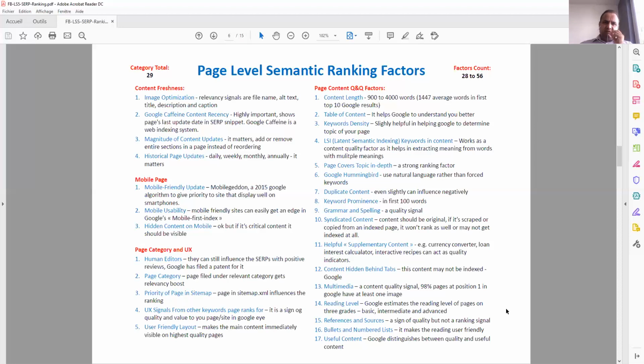friendly reading experience. Then the useful content. Obviously, Google always distinguishes between quality and useful content. Whenever there is quality content, that's okay, but if it is of no use to users, Google won't consider it. So be cautious here. Quality matters, but along with usability. If your content is of no use, your content